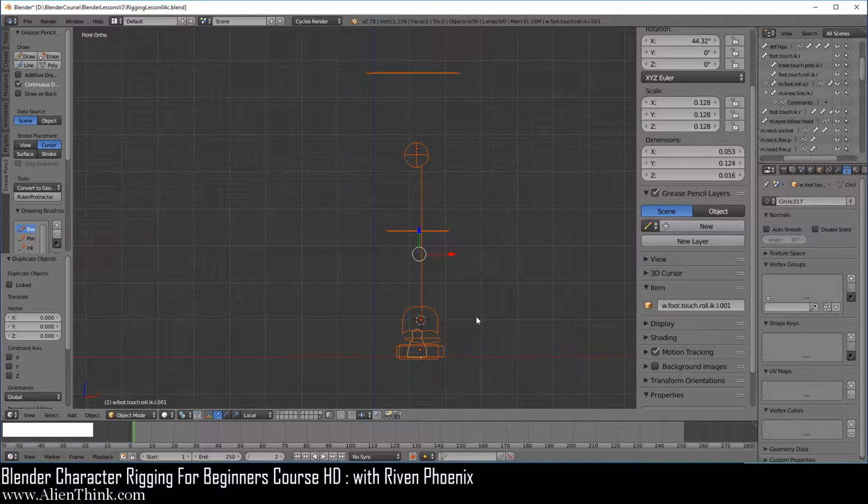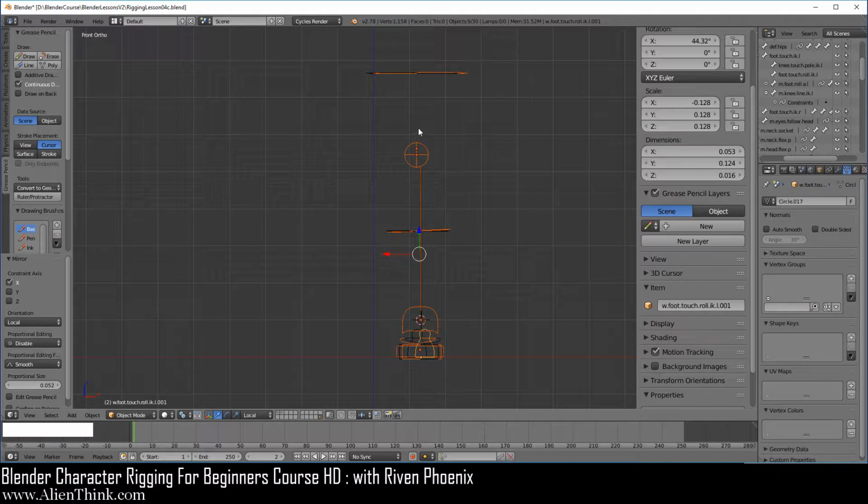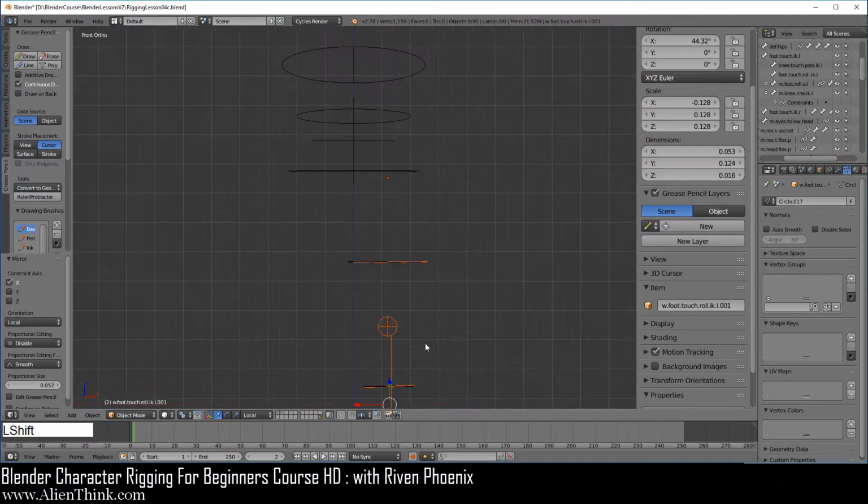Now here we're going to do Control M to go into mirror and press the X key 2 times. When you press it 2 times, you're going to get these red lines, and you press enter. What we've done right now is simply mirror these shapes on their individual origins. Now we're going to put them on this side by mirroring them again. So now do Shift C to place the 3D cursor in the center.